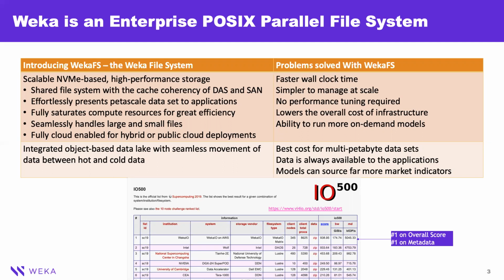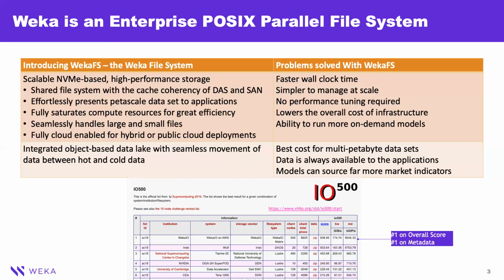The other thing that's great is we lower your overall cost of infrastructure because we make your server infrastructure a lot more efficient. You get a lot more utilization of it because you're not having to wait for users to copy data in, scrub that data set, and then get the next workload in. And the other thing we allow you to do is you don't have to have local storage inside those servers anymore, because we can provide you a shared storage environment that, as I'll show you later, can be as fast or faster than you can get with direct attach. And the other thing is we give the ability to run more on-demand models because we allow you to seamlessly integrate with the cloud as well.